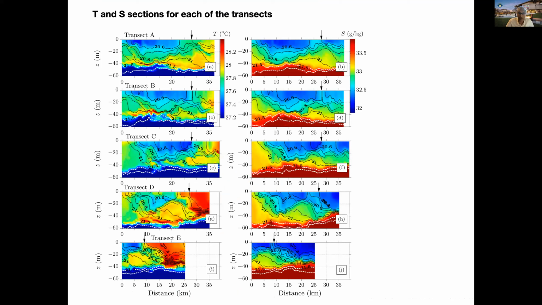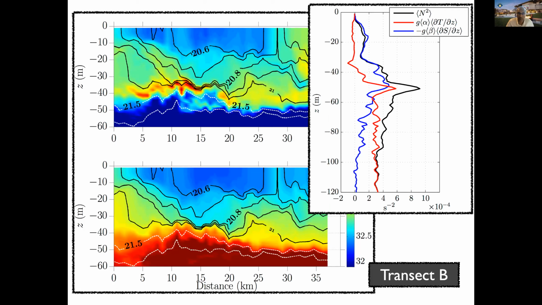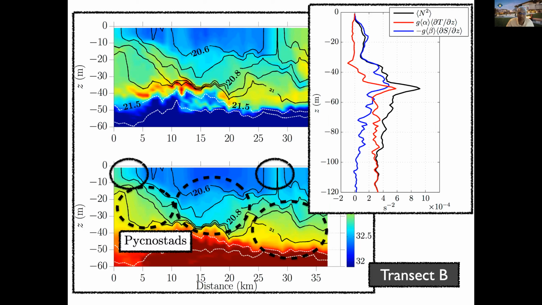As time goes on, you see a large volume of warm water which is being subducted. You can see that in particular in transect B here, that a lot of the gradients in the top 40 meters are actually coming from the salinity gradients, whereas when you go further down, it's the temperature gradients that are more important. So there are strong salinity fronts near the surface, and there are also some pycnostats